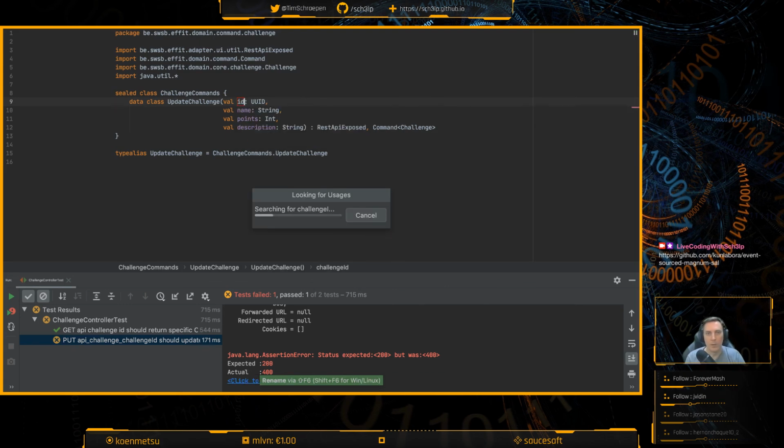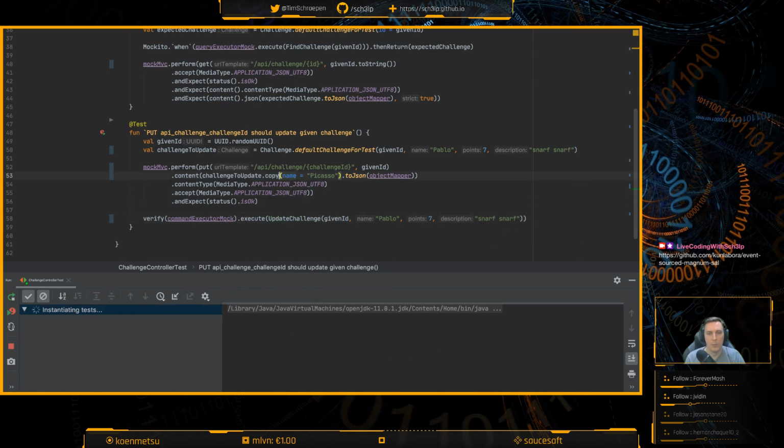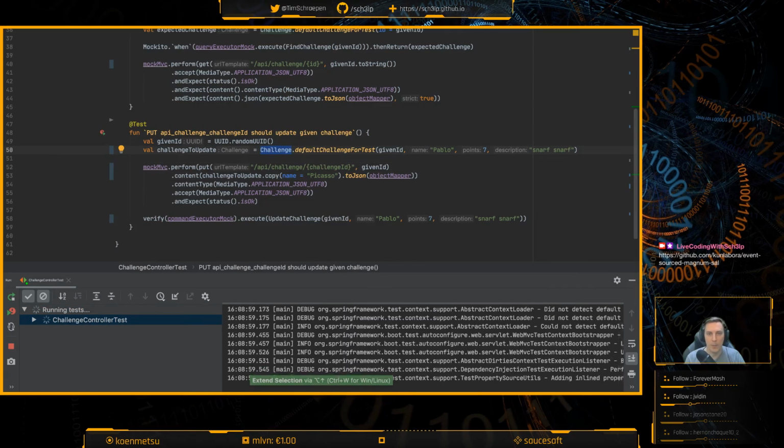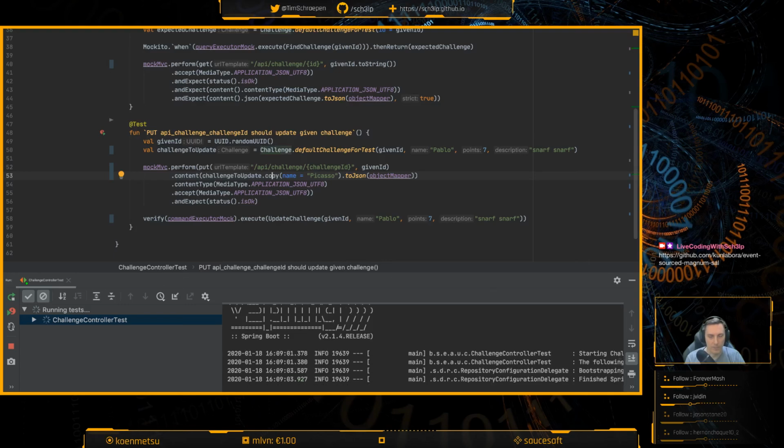Guess I'll revert that rename. And that should be that. So this is very strange. It'll work even though I am passing in a challenge, but so that's the idea for now.